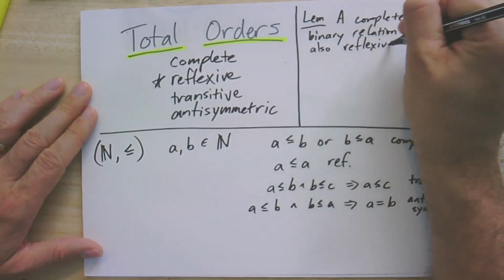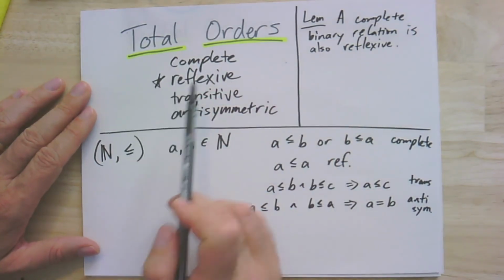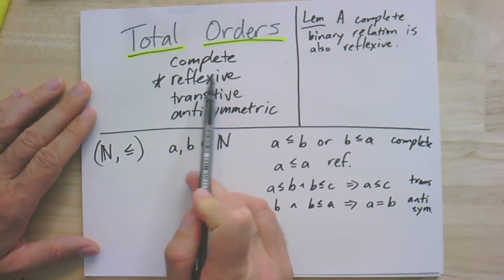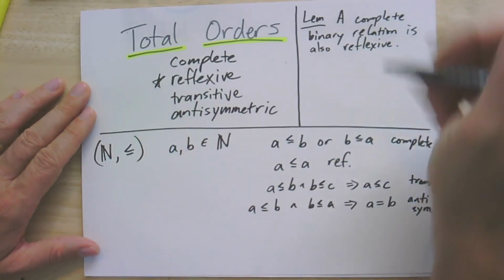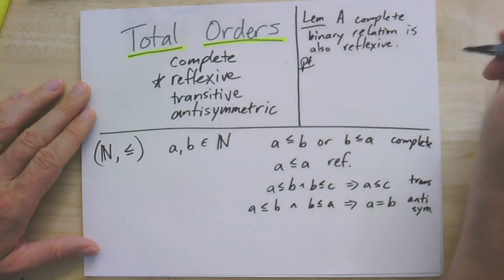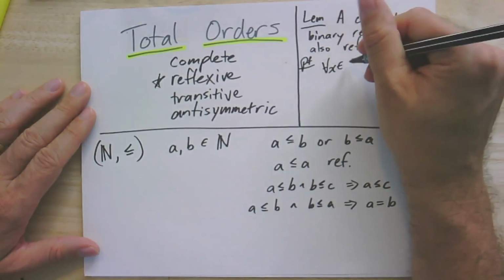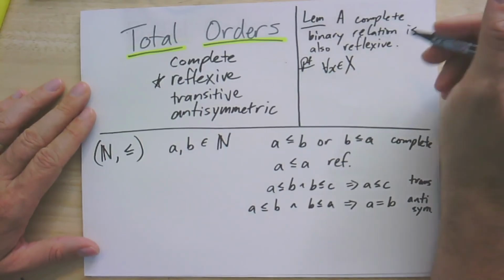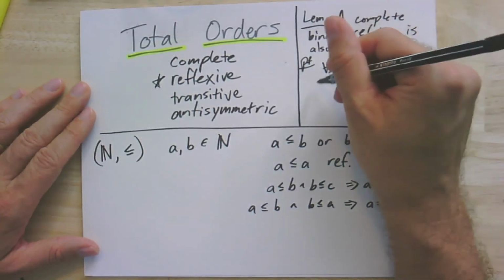So we didn't actually have to write this down as one of our properties in the definition of a total order. We could have said it just has to be a binary relation that's complete, transitive, and antisymmetric. The proof is really simple. For all x in, let's call it X, so if it's a binary relation on some set X, we know that it's complete,